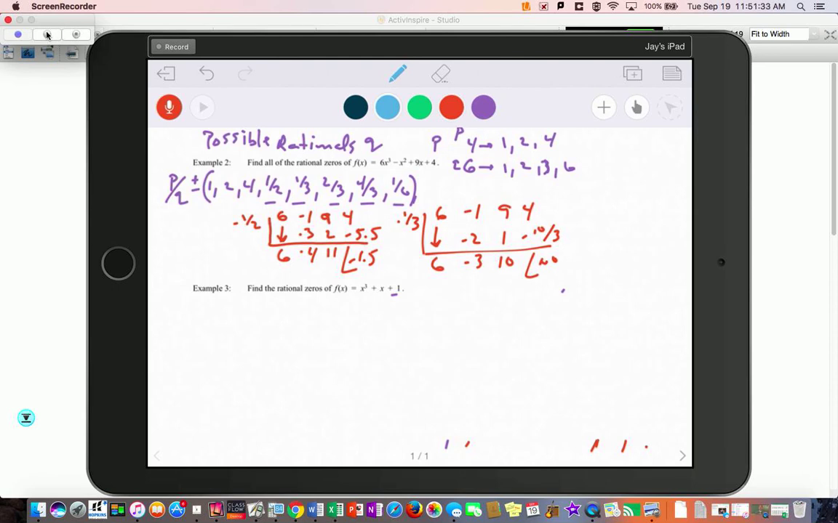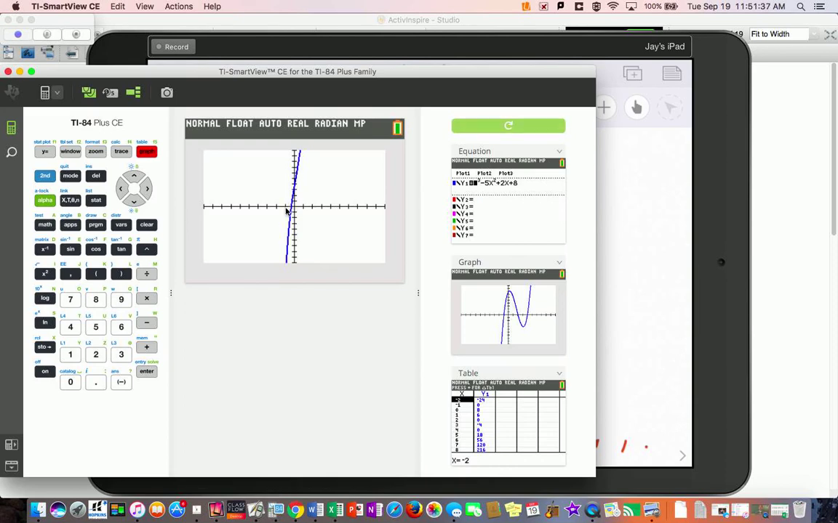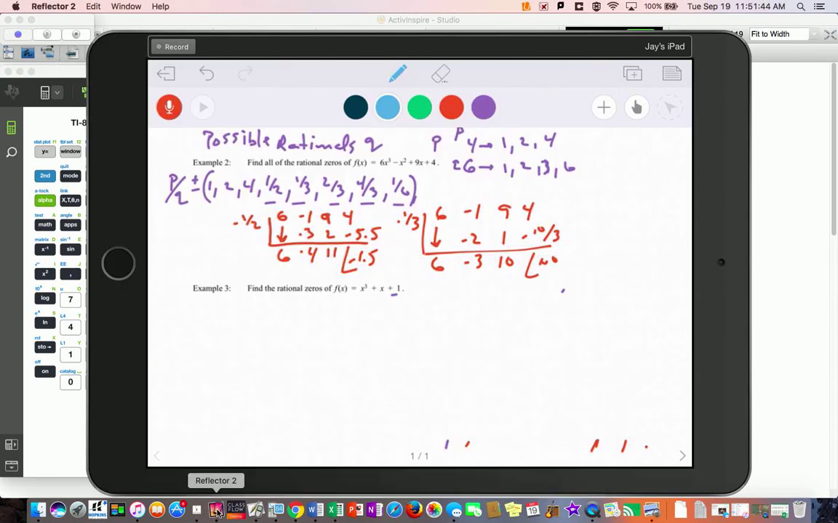So again, knowing that on the calculator, this graph is passing between 0 and -1, the only other number in our list that's a fraction that can be between 0 and 1 is 1/6. So if I try the 1/6 out front, and I do 6, -1, 9, and 4,